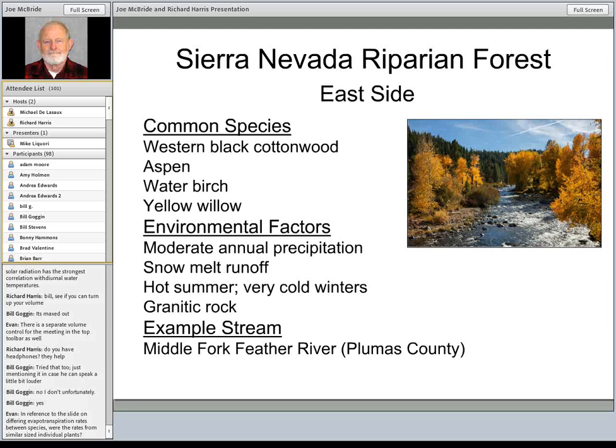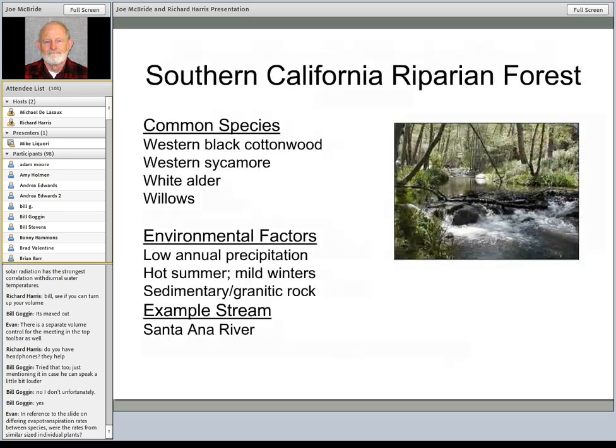In the east side, western black cottonwood replaces Fremont cottonwood as the dominant species in this type. At higher elevations in these areas, we find aspen as part of the riparian woodland, as well as water birch. Very hot summers in these areas, but very cold winters. Again, snowmelt runoff and granitic rocks characterize these riparian zones. Next slide